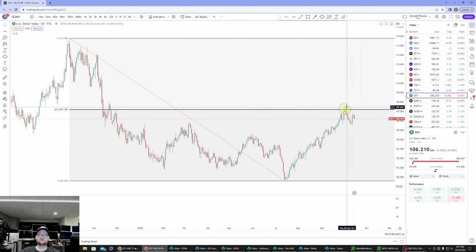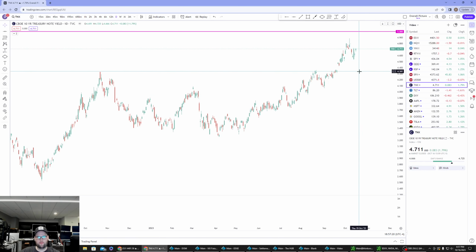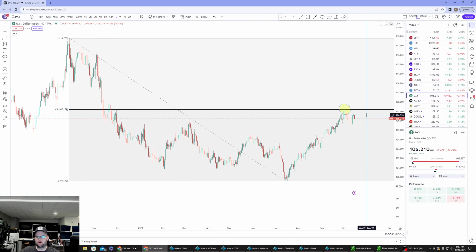So essentially, because the dollar index failed at that 50% retracement resistance area, that in turn allowed the rates to also come off. The rates pulled back, or part of the reason was because the dollar index hit resistance and pulled back. That also dragged down yields, and in return, that's why we have been seeing some resilience in the S&P 500 futures over the last 2 weeks, despite the hawkish things that I went over in the beginning of